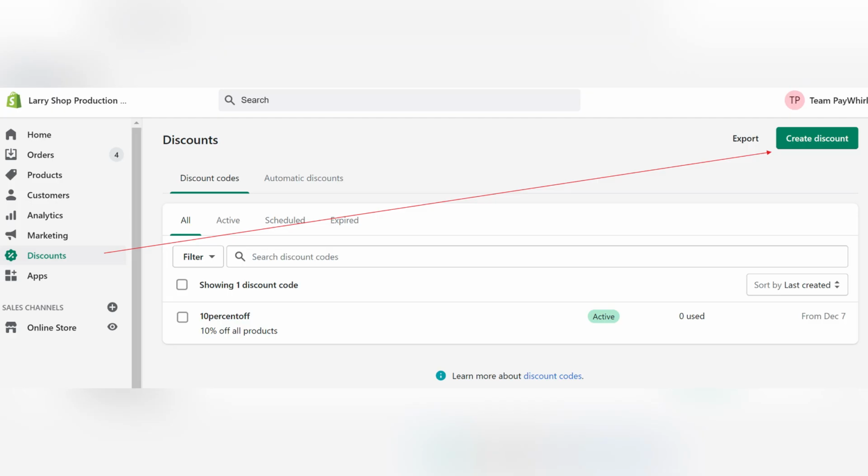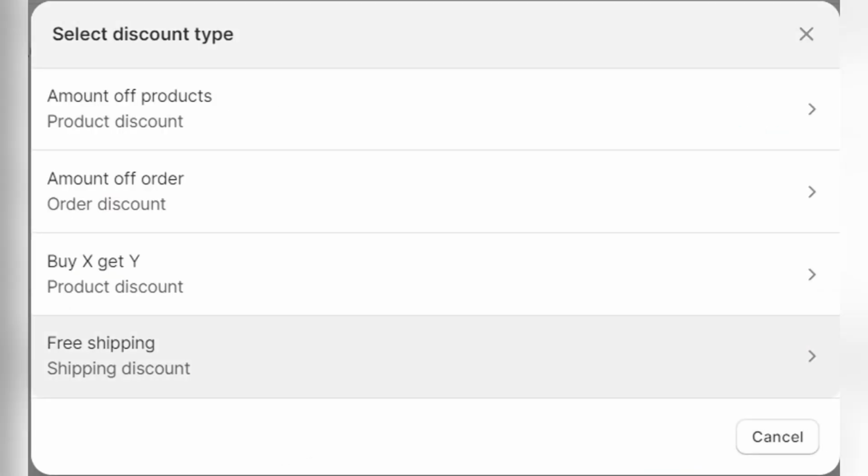You'll be prompted to choose a discount type. Select Discount Code. This will let you create a promo code your customers can manually enter at checkout. Give your discount a title and under Discount Type, select whether it's a percentage, fixed amount, or a free shipping